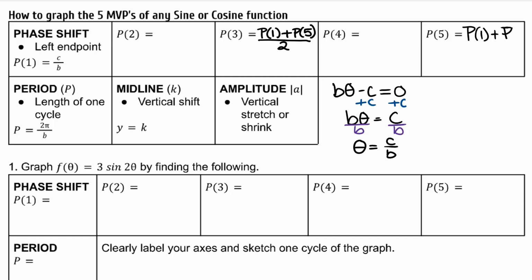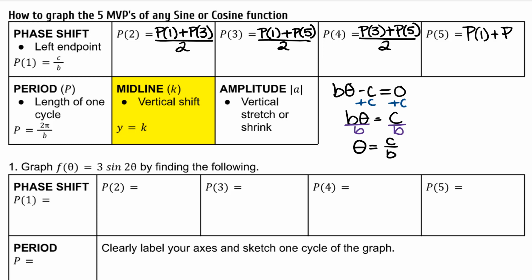To find the point directly between the first and third points, find the average of P1 and P3. And to find the point directly between the third and fifth points, find the average of P3 and P5. The vertical shift represents what I like to call the midline, the y value directly between the function's max and